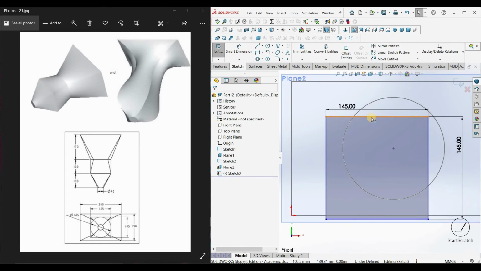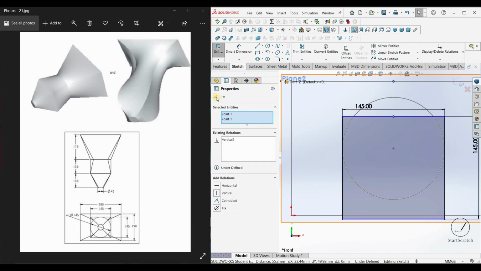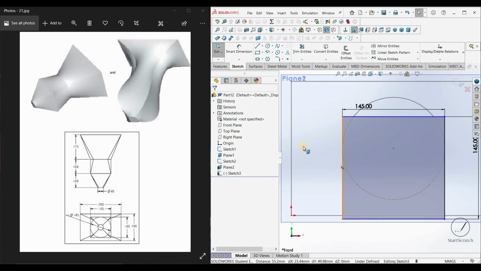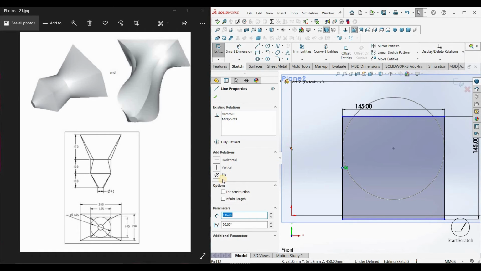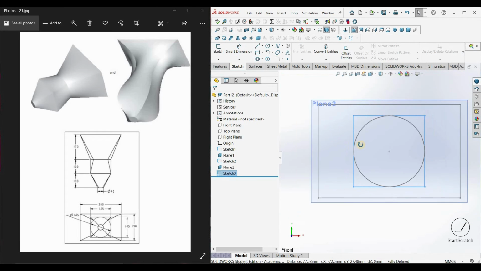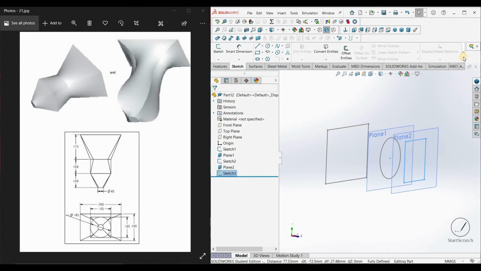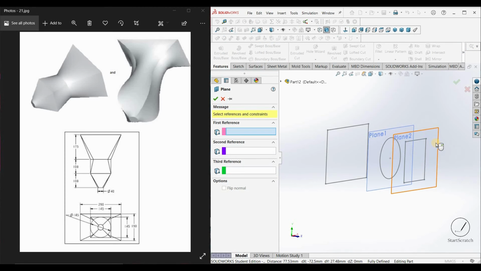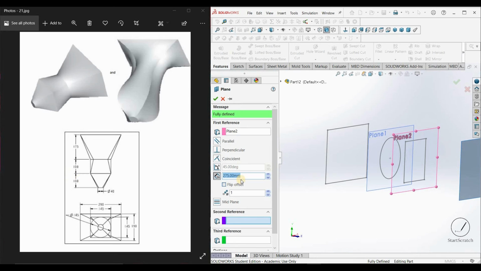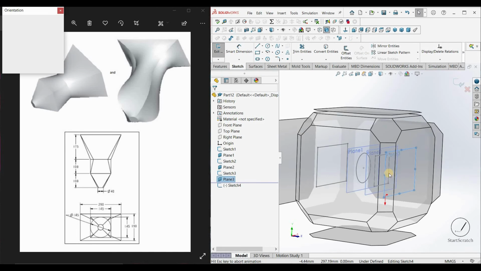Okay, make it vertical. Make it horizontal. Okay, exit the sketch. Then again go on to reference plane. From this plane take a distance of 100 mm again, and okay. Now sketch on this plane,